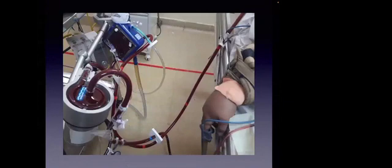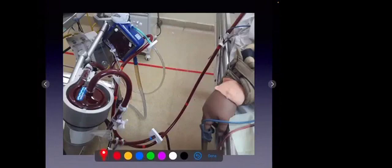This is just a picture to show you, for those who are not very familiar with the circuit and the machine. This is the pump head. This is the point where you can see the air bubbles just below the pump head, because it's the most anti-gravity portion of the pump where the air bubbles will go and rise. This is the drainage circuit which comes inside the pump, and this is the circuit